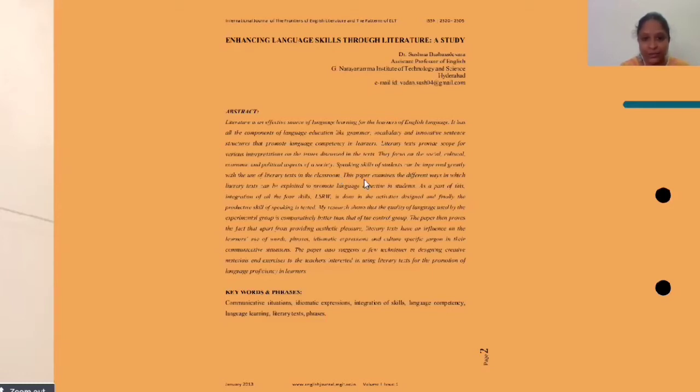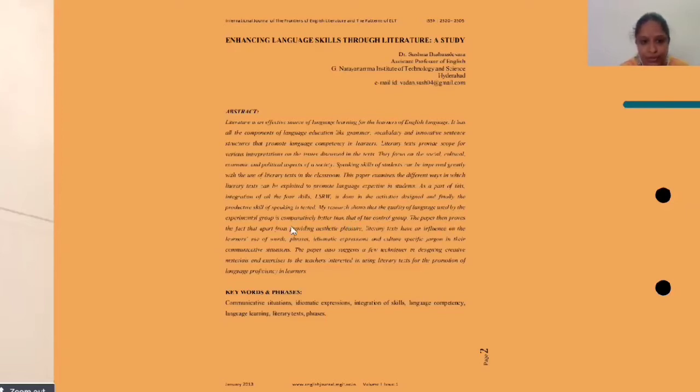And then further elaboration. This paper examines the different ways in which literary text can be exploited to promote language expertise in students. As part of this, integration of all the 4 skills, LSRW, is done in the activities design, and finally the productive skill of speaking is tested. Now my research shows that the quality of language used by the experimental group is comparatively better than that of the control group.